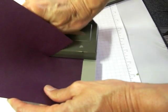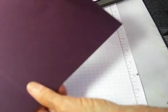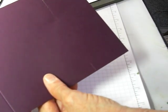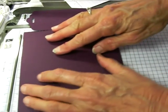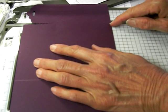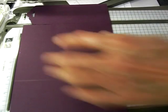and punch. Now, the reason that I didn't want to, you can see the pressure that it would have put here. If I had scored all the way down, then it's very possible that it could have torn all the way down, and I want my bookmark to be there when someone receives it, so that they can tear it off. So now I'll just put this back into the center of the track, go back and perforate it the rest of the way,